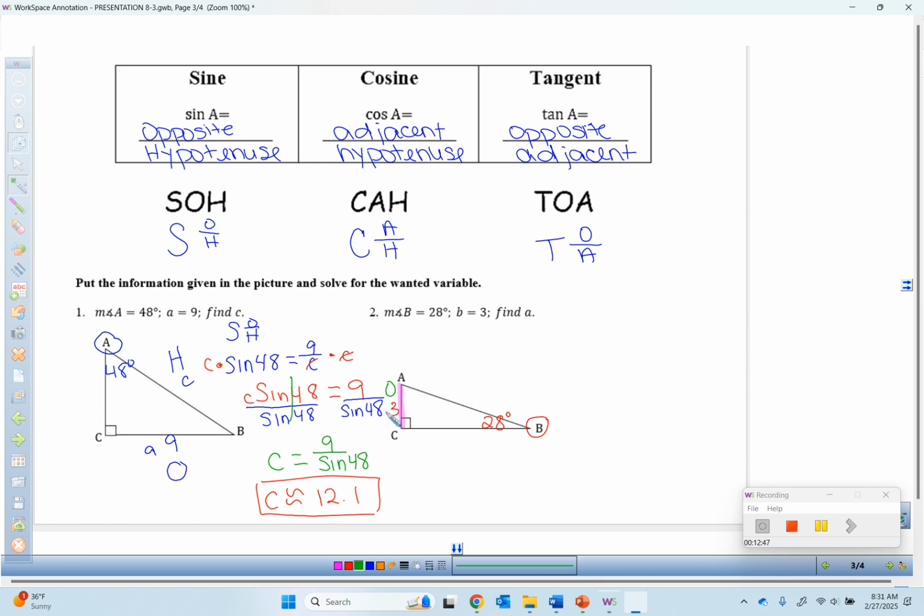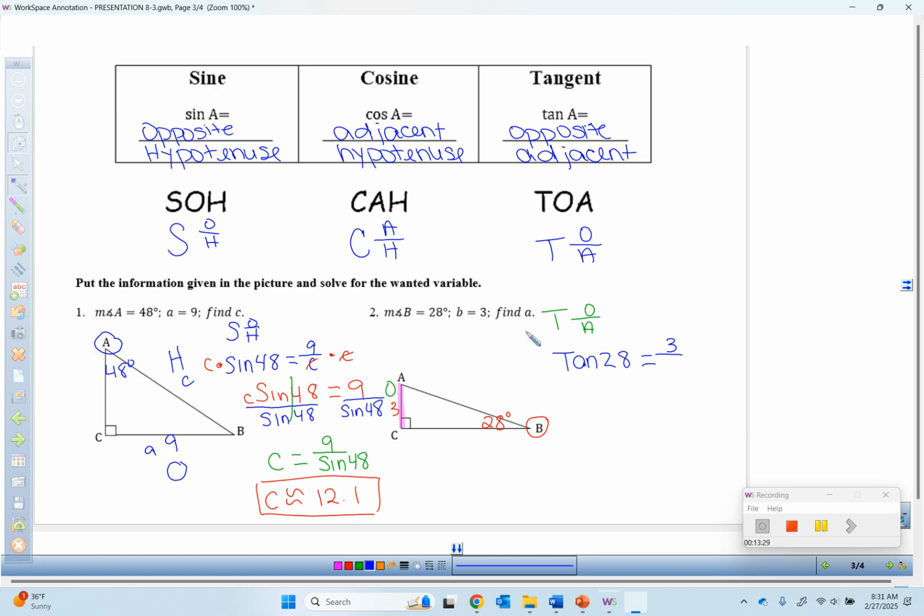Okay, find A. So is it talking about hypotenuse at all? So which one am I going to be using out of these three? Sine, cosine, or tangent? Tangent. So I'm going to be using tangent, opposite over adjacent. Okay, so I would set this up by saying I have tangent, and then my degree is 28 equals, opposite of my 28 is what? 3